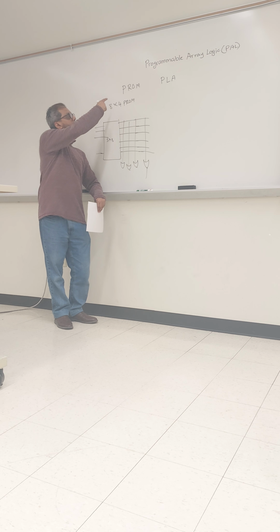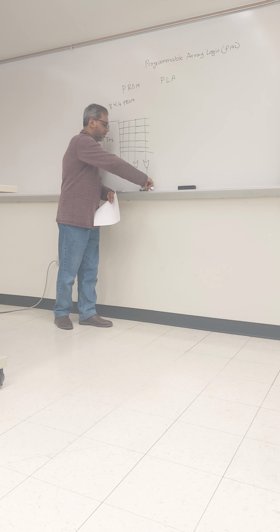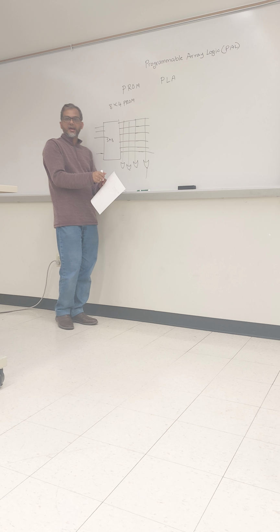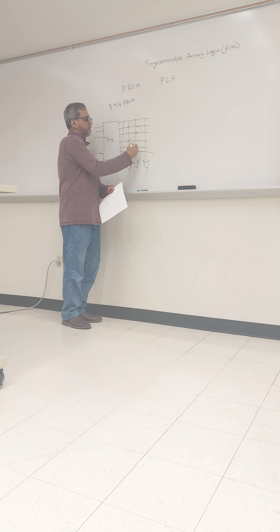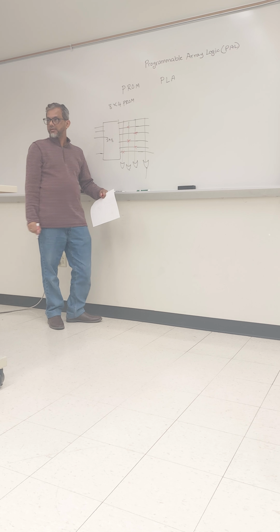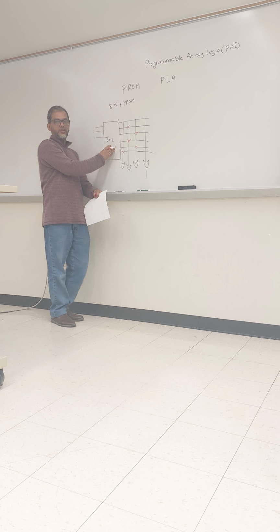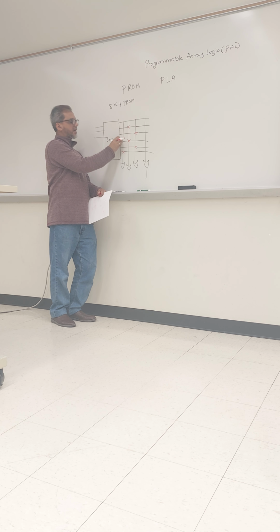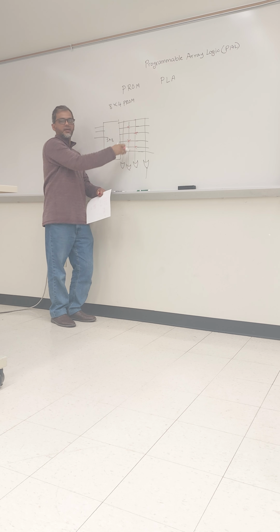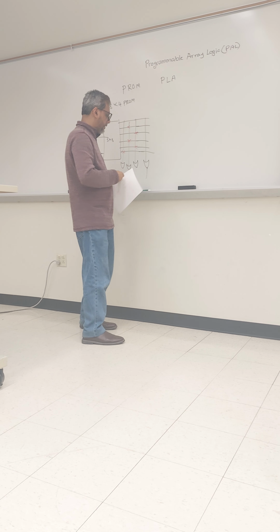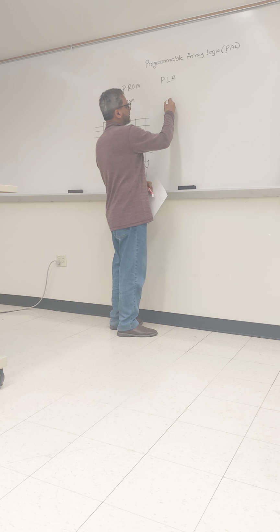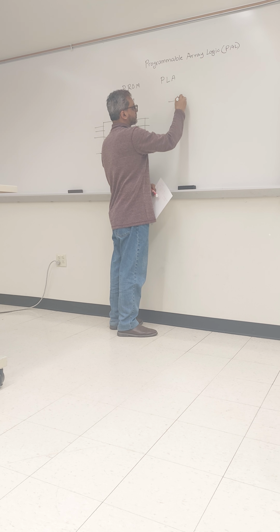So in case of PROM, we mentioned that the output of the AND gate and the OR array can be programmable. So we can program anything here. But the AND array is fixed. That means between the input and the AND is fixed, and the output of the AND to the OR array is programmable in case of PROM. In case of PLA, what we saw here, we saw